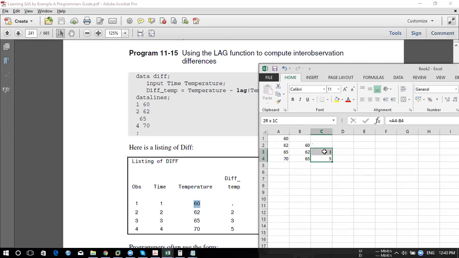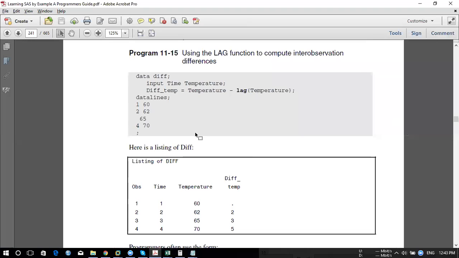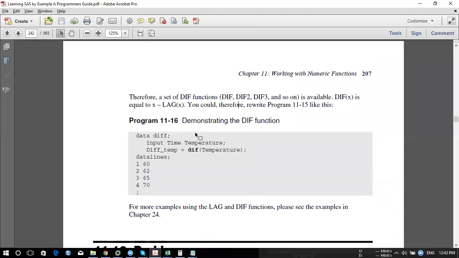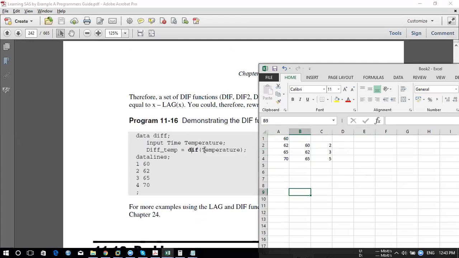We want a value for this, which is nothing but 2, 3, 4, 5, correct? So directly you can use the formula. Another one is the concept called diff of temperature. It will do the same work, so you can use that formula too. If you use diff of temperature, it directly gives you the difference between two values. If you say difference of 2, it will give you the difference between 3 values.